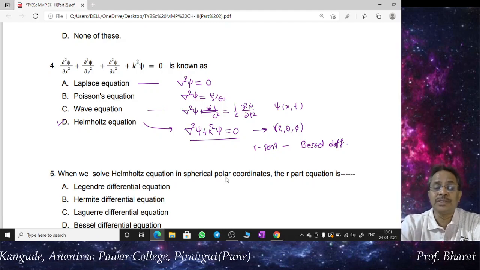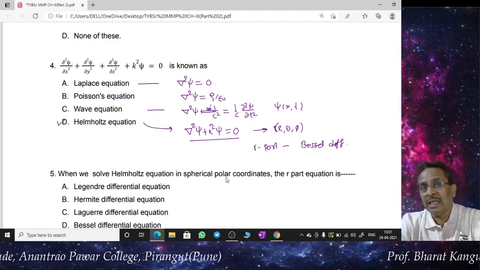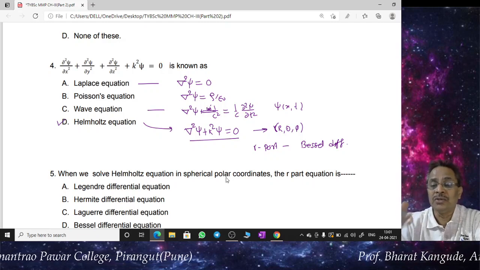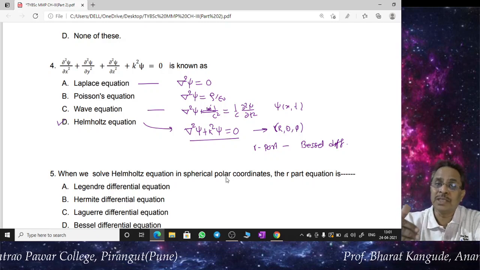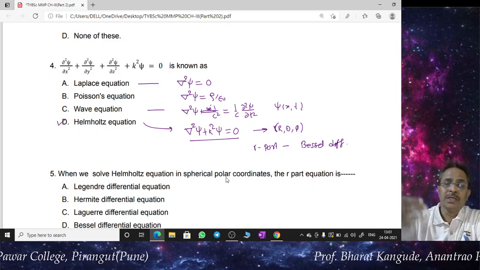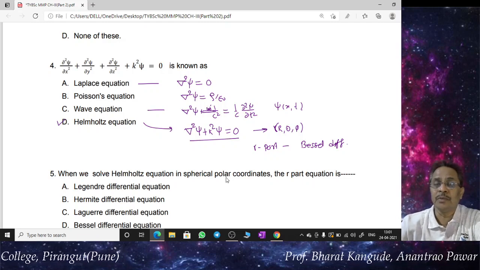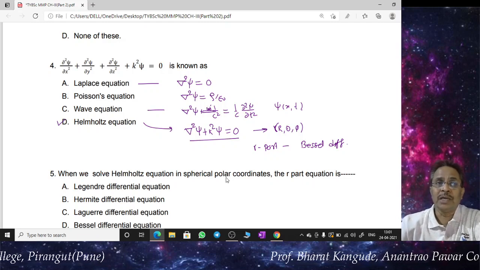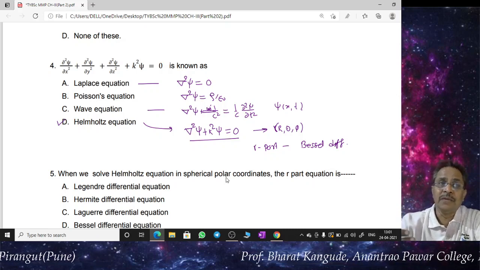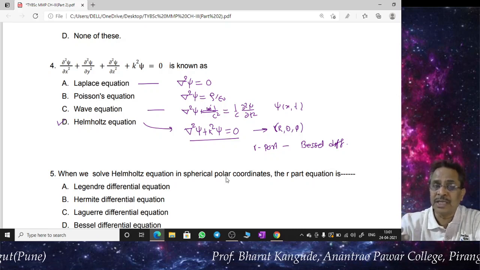Further, we can solve this Bessel differential equation using the Frobenius series solution method, and we get an infinite series, which is called the solution of the Bessel differential equation. Using certain boundary conditions for that we get the Bessel polynomial or Bessel function of first kind. So we solve the Helmholtz equation with the method of separation of variables in the spherical polar coordinate system. Out of that, the r part equation is a standard equation named the Bessel differential equation, and this is solved using the Frobenius series solution method.